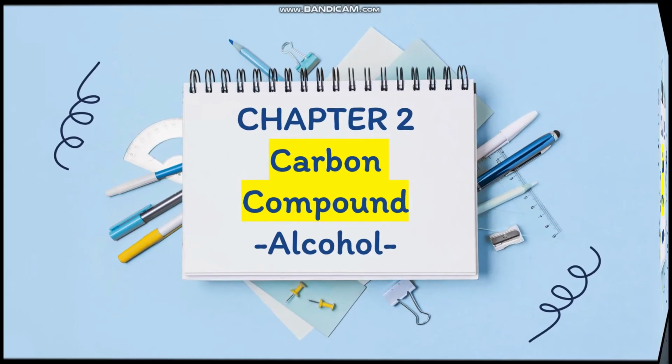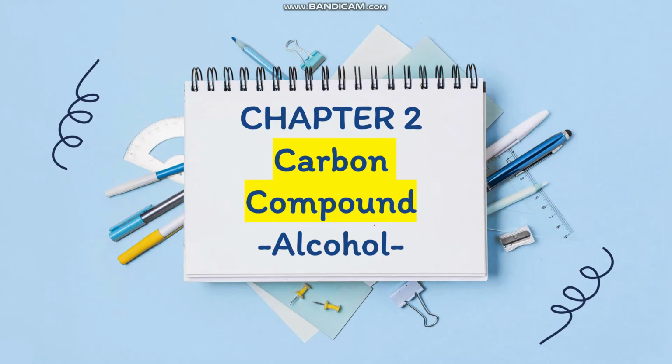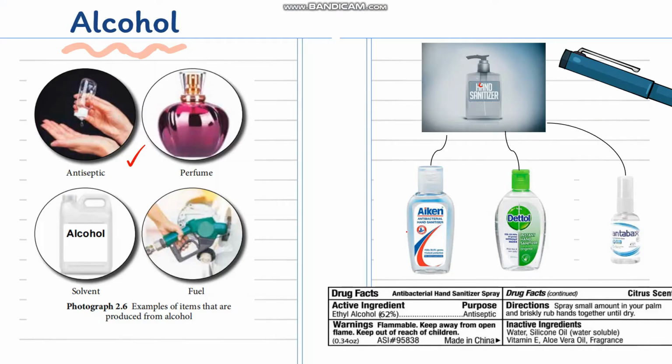In this video, I will explain chapter 2, carbon compounds, which is one of the homework series: alcohol. But before that, let's look at a few examples of items that are produced from alcohol, such as antiseptic and perfume. Alcohol can also be used as a solvent. One of the applications of alcohol that relates to our daily life is